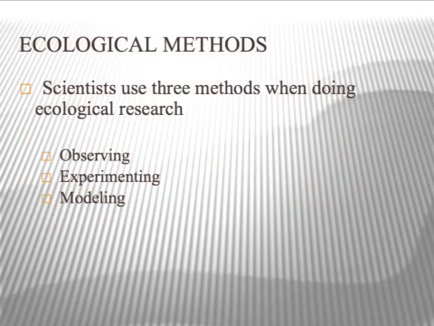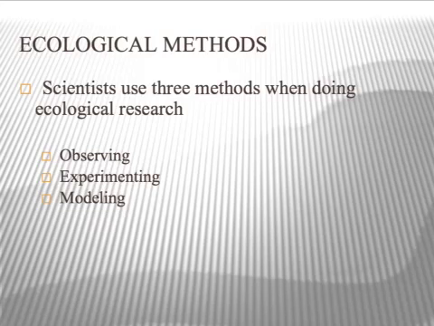All right, this is the last piece of section 1, and this is where we're just going to touch briefly on the different types of methods used in ecological research. And there are 3 main types: observing, experimenting, and modeling. You should be pretty familiar with observing and experimenting. Again, these are part of that scientific method, observing lots of time, just looking for specific information, both qualitative and quantitative data. In experimenting, you're going to have an independent and dependent variable, and you're trying to test out a hypothesis.